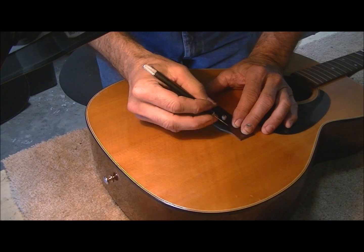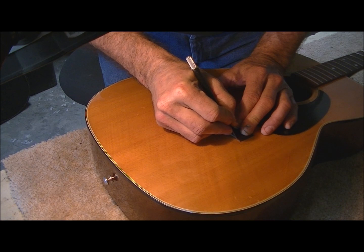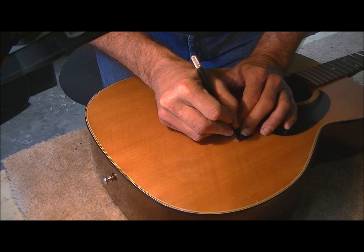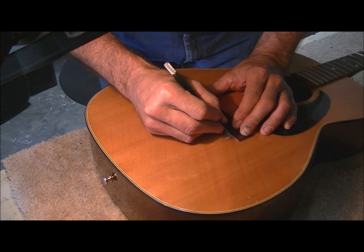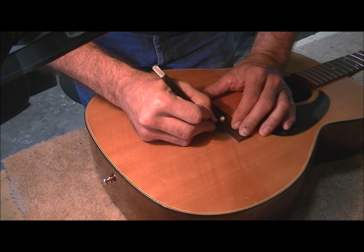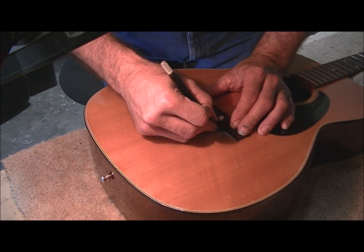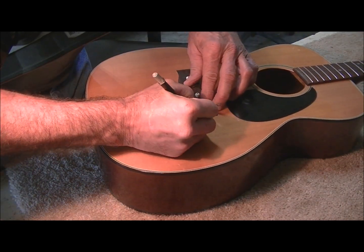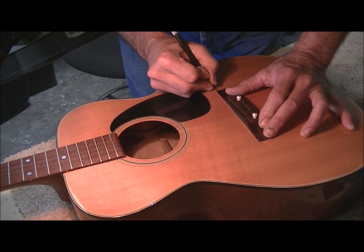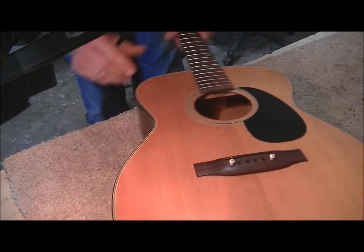Okay, the first thing I'm going to do is take this very sharp X-Acto knife and I'm going to scratch the finish all the way around the bridge. I'm going to take my time so that I don't get outside the bridge. Okay, I believe I've got it scored all the way to the wood,